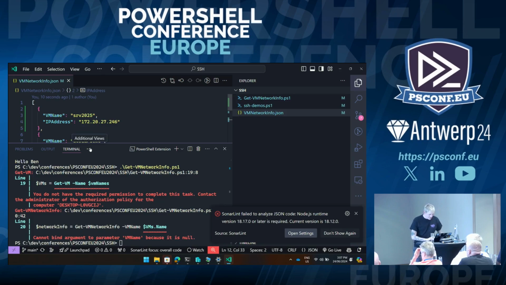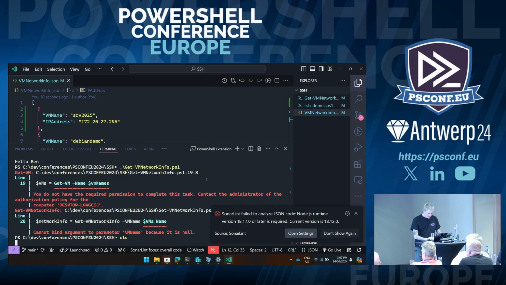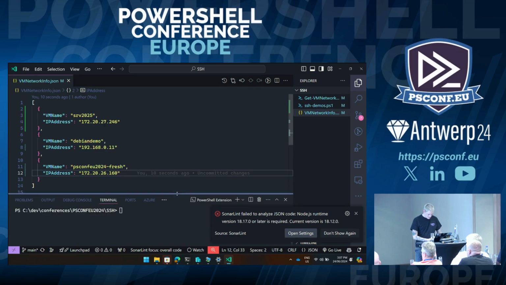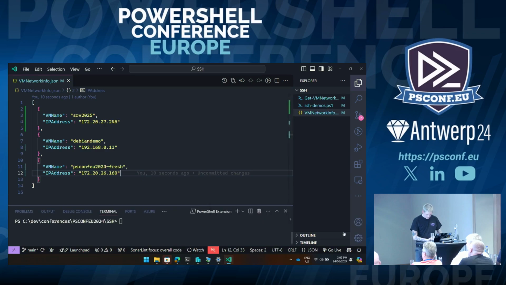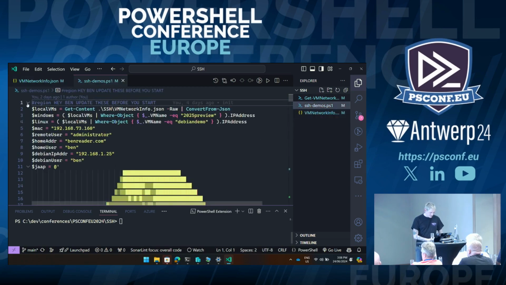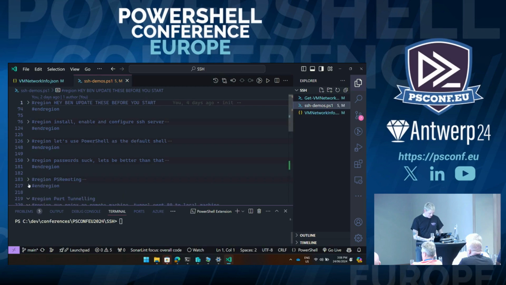Okay, so let's see if we can make this a little bigger. How is that as far as readability? Ignore all the big red text. I'm going to move things around and get rid of this very annoying SonarLint error. Don't show again. Readability, good, thumbs up. Fantastic. I stole this concept of demos from Kevin Marquette, which is you just put everything in a PowerShell script, fold it all down, and that's your session, which I think is really cool.